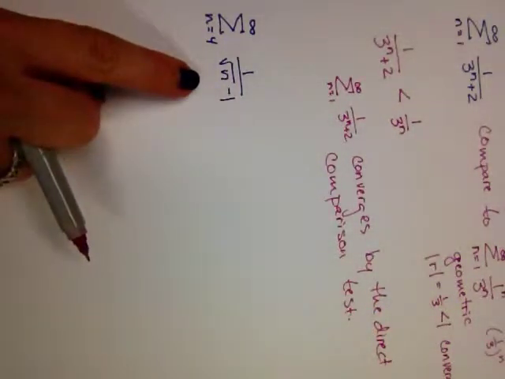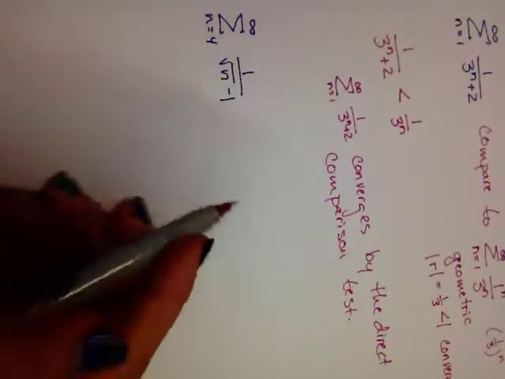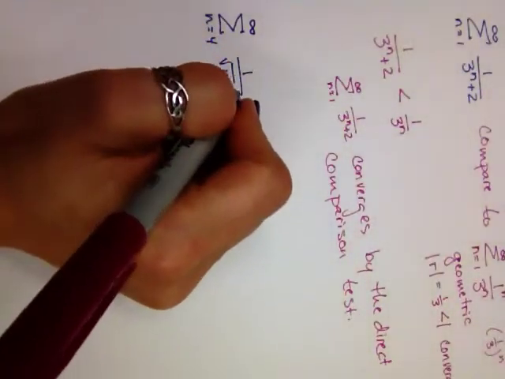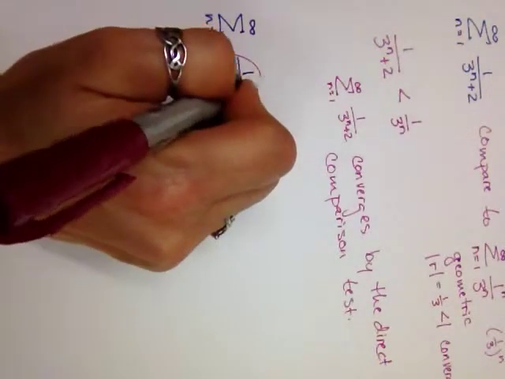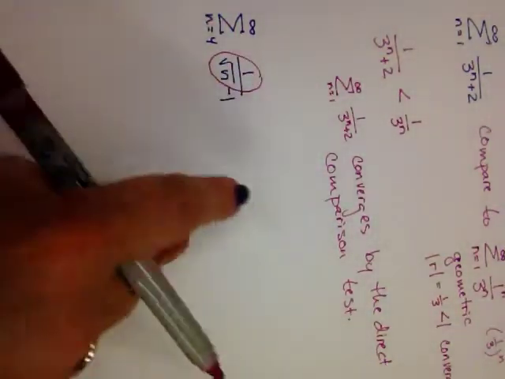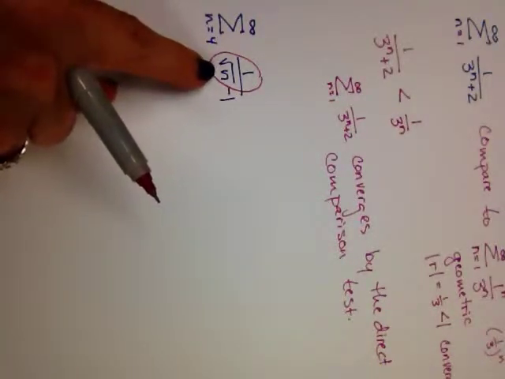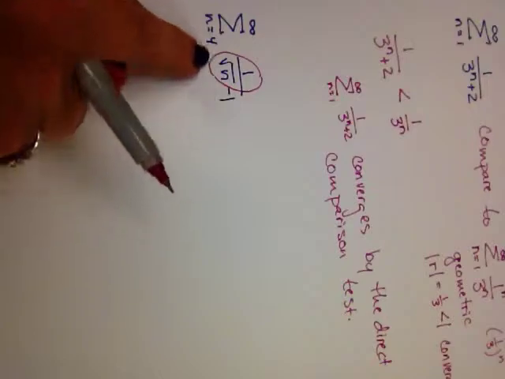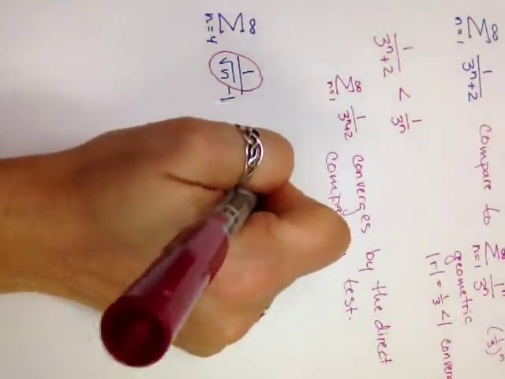Looking at this series, I would say this is really close to a p-series. And what I'm looking at is what's the dominant term in the denominator here, and it's the square root of n. So this is n to a power, n to the 1/2. So this is close to that, so that's what I'm going to compare it to. Compare to